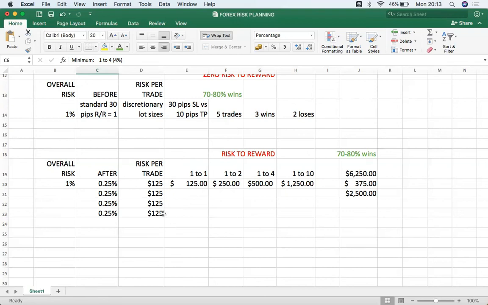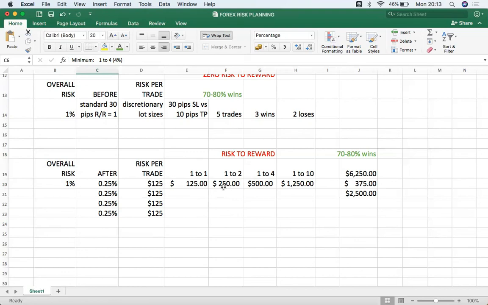Now, based on this, if I bring in the aspect of risk to reward, somebody else who's using a one-to-one risk is gaining $125 and risking $125, which is still fine. Okay, they're still risking very, very little of their account. And if they gain, they're good to go. Somebody who's risking 1 to 2 is gaining $250, but their standard on that account in terms of the loss, if the trade hits stop loss, is $125.